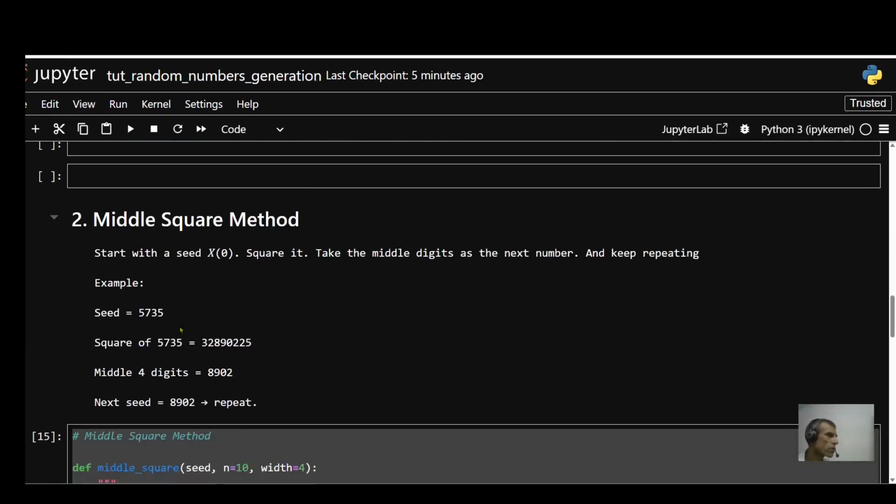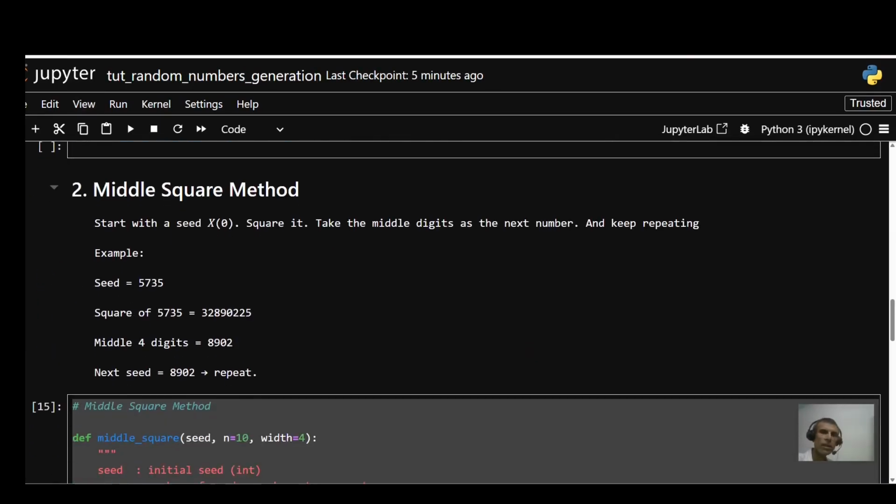All right, now let's focus on the middle square method. The idea is basically this: you start with a number, so start with the seed, square the number, take the middle digits as the next number, and keep repeating the same process. So let's say my seed is 5735. So my first random number is going to be